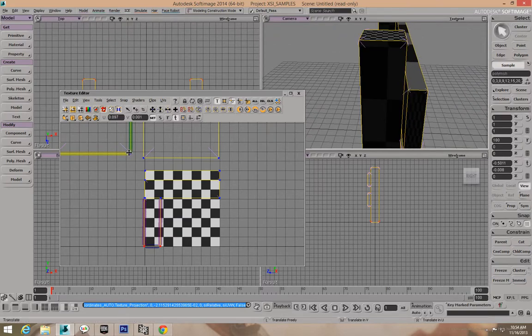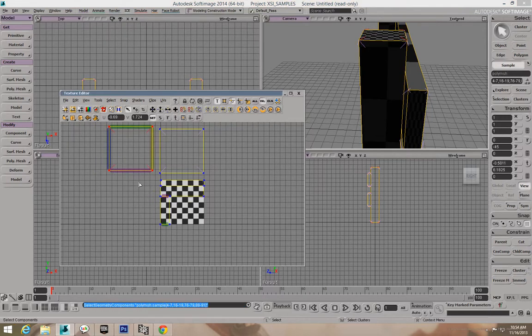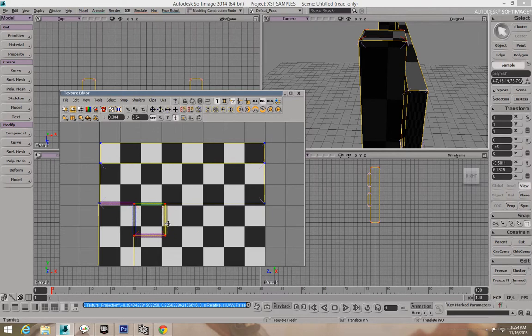So sorry this takes a while. You can fast forward through all this nonsense, but it pretty much is what you got to do for all this. Scale this down. Say we're happy with this size. Place that over here. And then